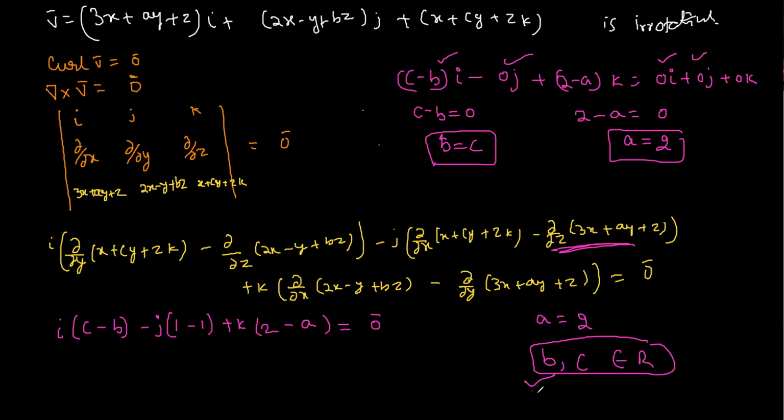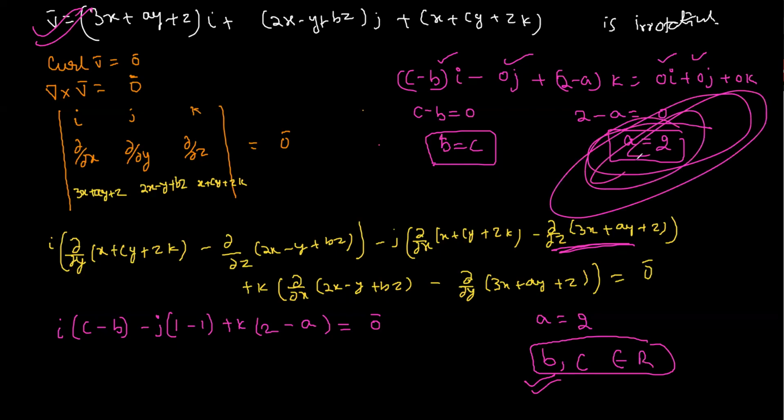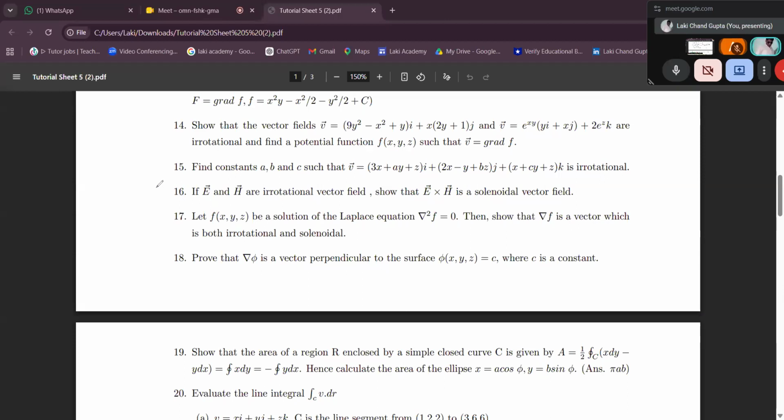So the effect of B and C does not affect vector V. But A must be 0. Sorry, 2. Okay. Now see this question number